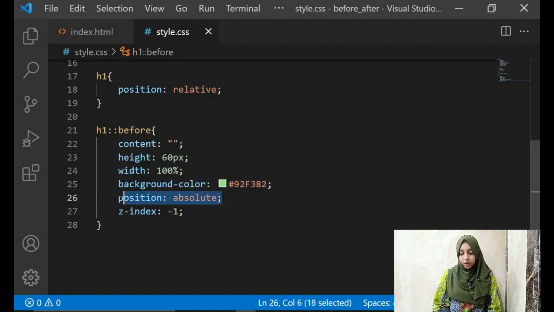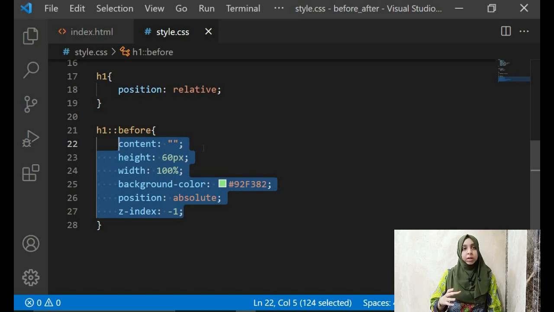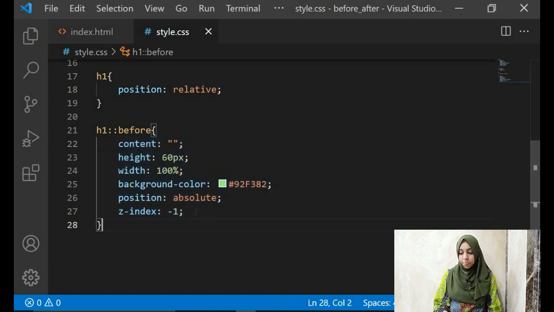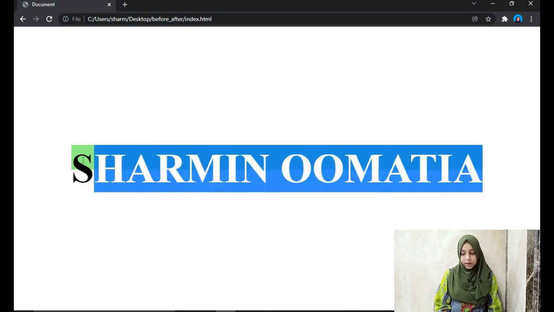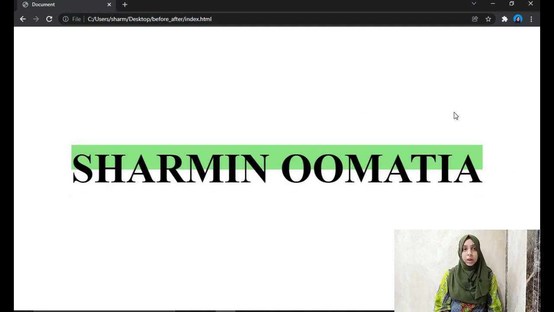Alright, and when you're giving this element a position of absolute, then the element on which you are using before, that element will be given a position of relative, so that it becomes easier for you to set the content in your before, relative to your main element. Alright, and you gave it a z index of -1 just because you wanted it to be behind the main element. Alright, so yeah, this is a practical example of using pseudo elements, right?